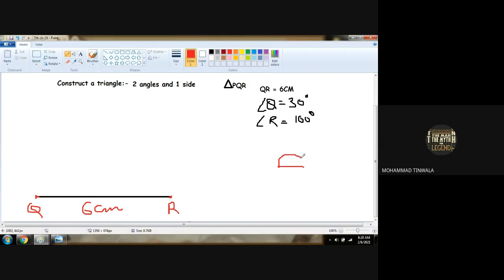Semicircle protector. Using this semicircle protector, we will place the small D part in the middle at point Q and we will measure angle 30 degree. So from 0 degree, this side we have to follow. By placing protector at this point Q, we have to follow this side. So from 0 degree, 30 degree will be here somewhere. So from Q, by getting 30 degree, we will point out 30 degree over here somewhere.